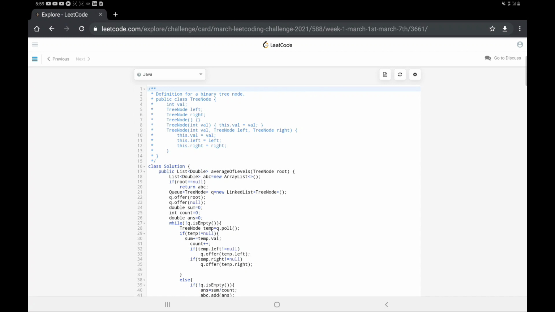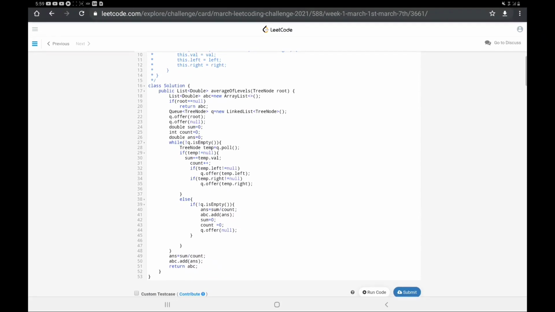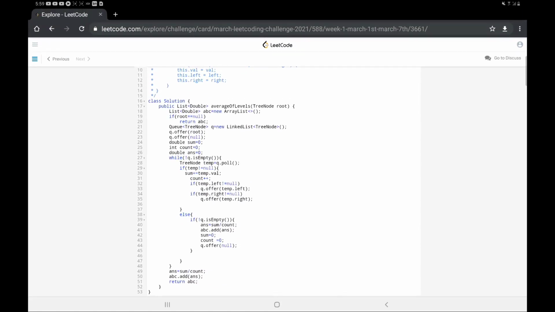So first of all, this is the code. I know it's a long code, but it's very easy to understand. Let's see what we have done over here. All right, so first we have taken one answer list that we will have to return based on this return type. After that we have put one check for if the root value is null, because in the question above, in the constraints, it's not mentioned that the tree might not have null values, so it can have a null value, and that's why we have put this check.